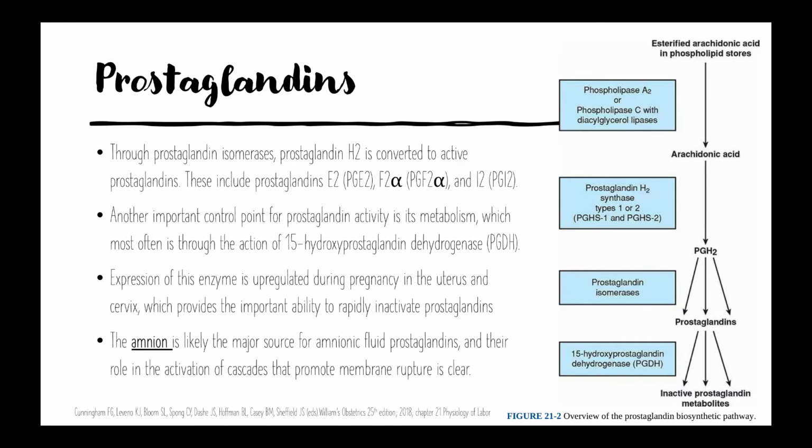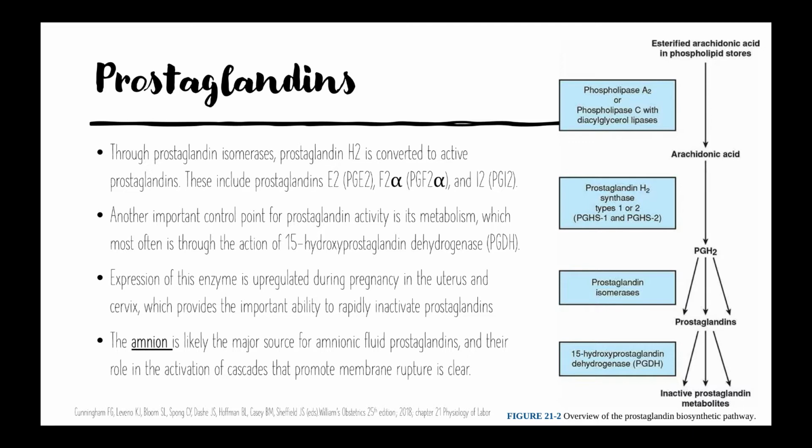Through prostaglandin isomerases, prostaglandin H2 is converted to active prostaglandins, and these include prostaglandins E2 or PGE2, F2 alpha or PGF2 alpha, and I2 or PGI2. Another important control point for prostaglandin activity is its metabolism, which most often is through the action of 15-hydroxyprostaglandin dehydrogenase or PGDH. Expression of this enzyme is upregulated during pregnancy in the uterus and cervix, which provides the important ability